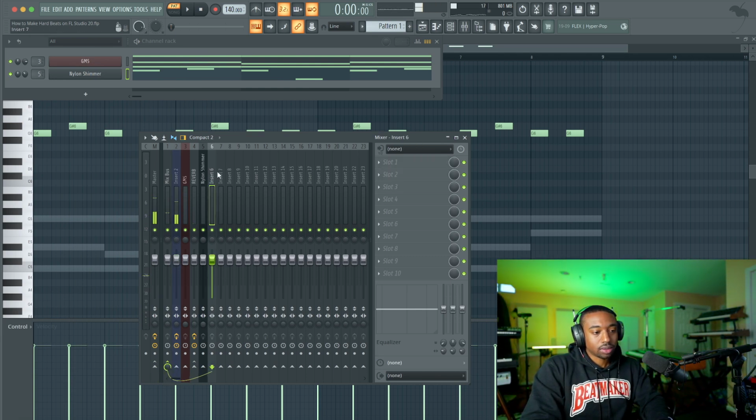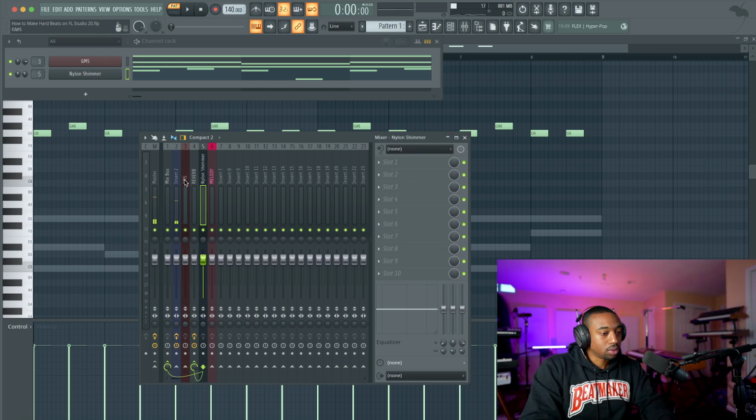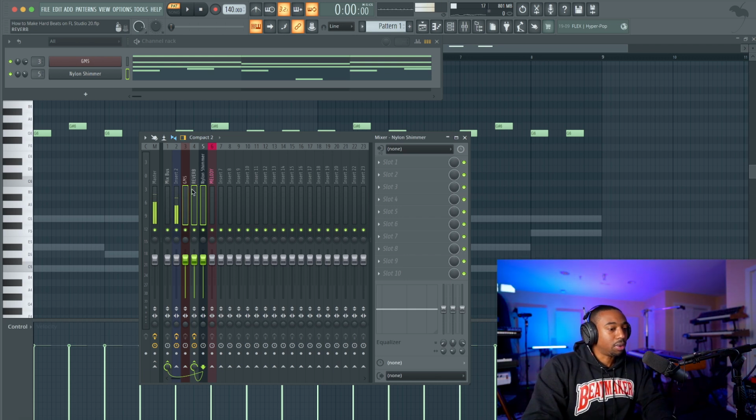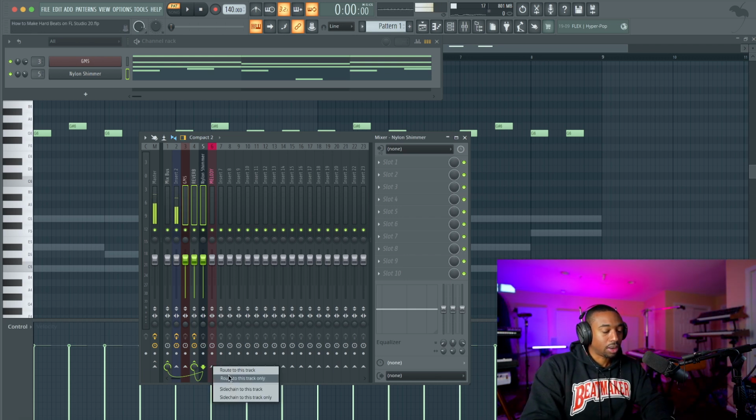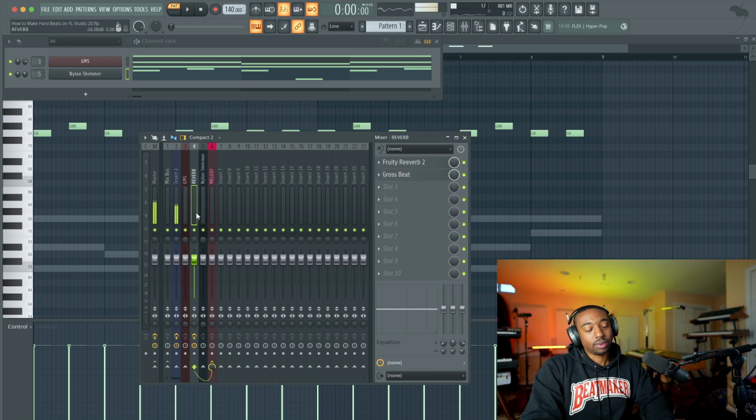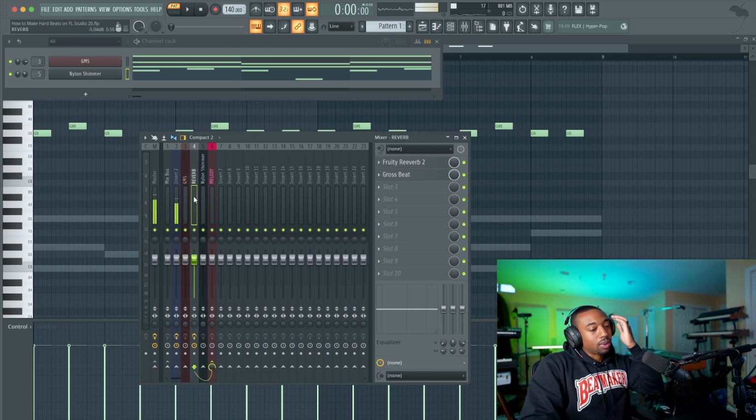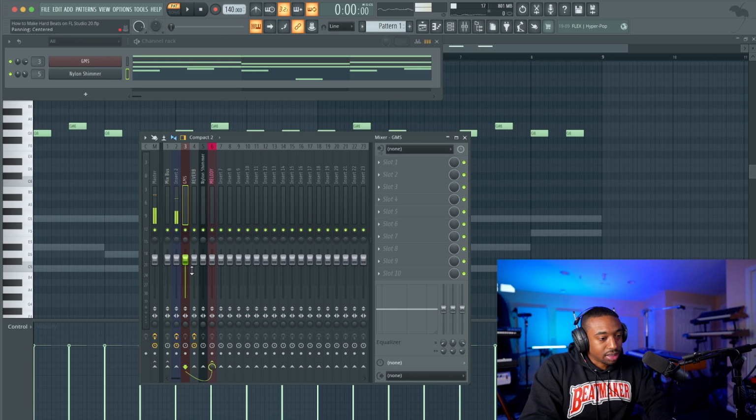Now this gets a little tedious, so I'm just going to do it for you. I'm just going to create a melody group, and we're going to hit Control. Actually, what's the shortcut here? Control and Shift to highlight multiple sounds, and we're going to right click and route them directly to this track. Now the reverb needs to be routed out, but let me see something.